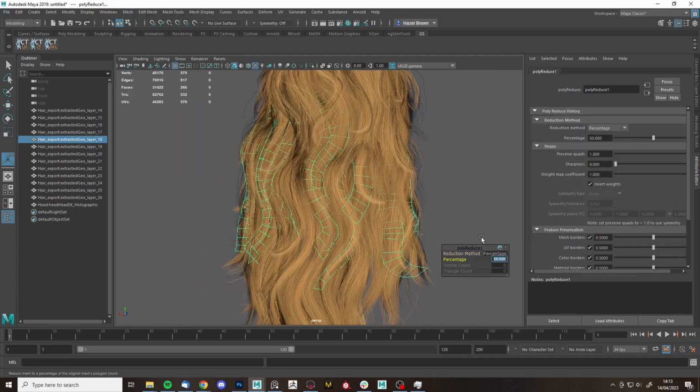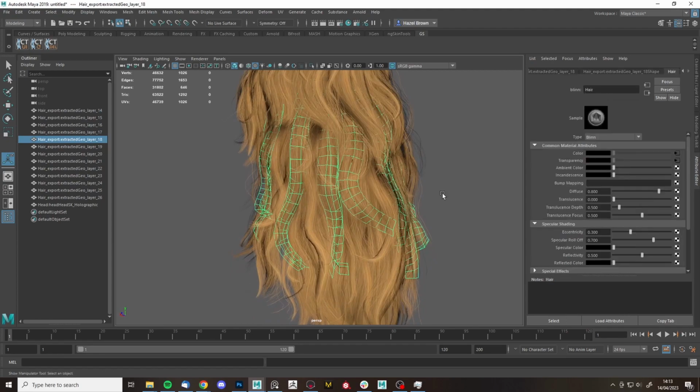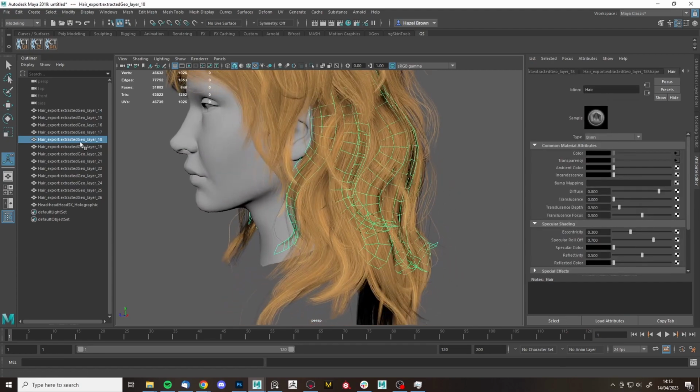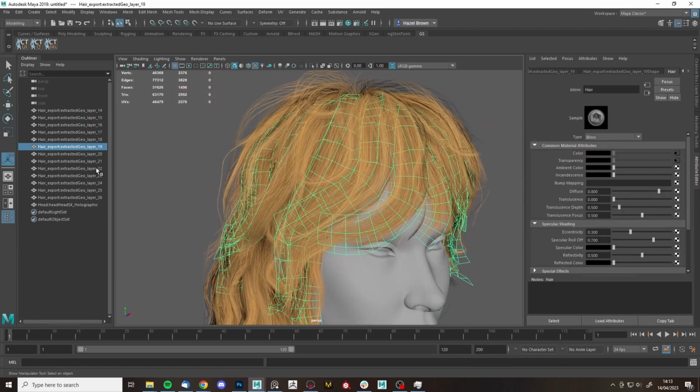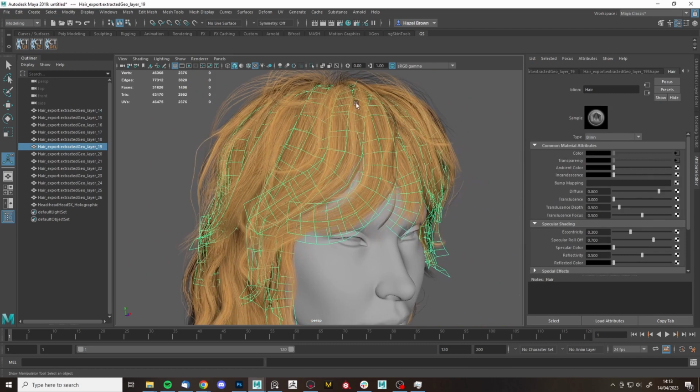I've found that just doing a 10% pass over all of it is enough to trim off a little bit of that excess that we don't need. The more you reduce it, the more careful you have to be, because it will start to take away, for example, this loop down the middle, and that will start to cause your cards to crash into each other, and you'll end up with clipping. So if, for example, your tri budget is going to be about 30k, which is, I'd say, an average AAA budget,